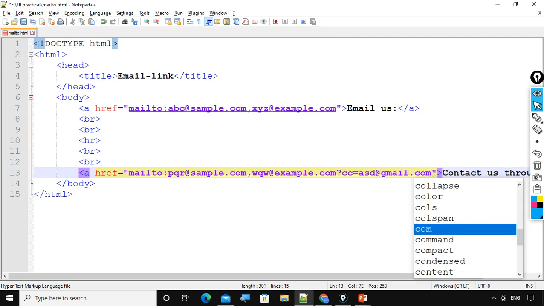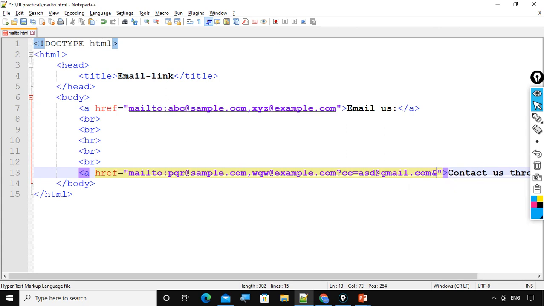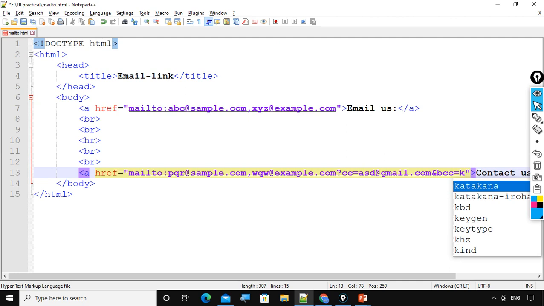Okay, and let me separate this key value pair from another key value pair. Another key value pair is bcc, where bcc is blind carbon copy, which is a key having the value kkk@yahoo.com.